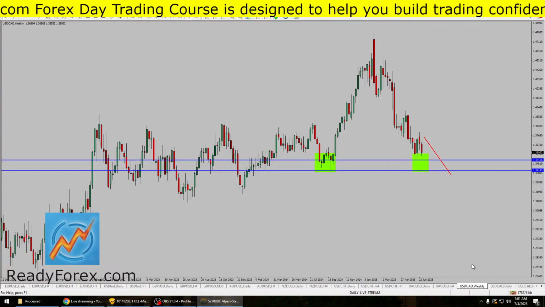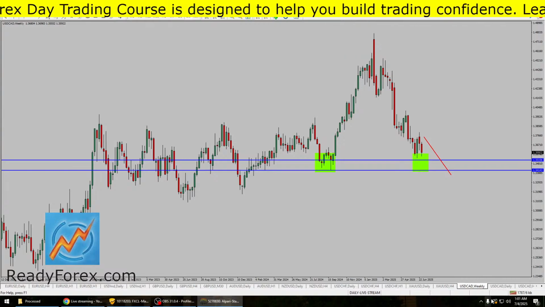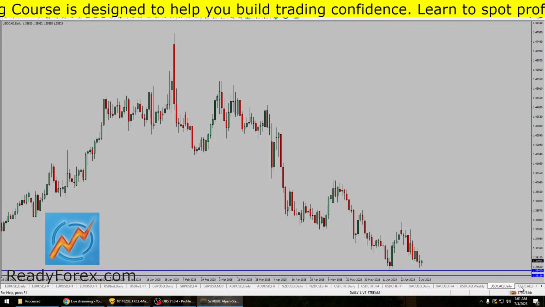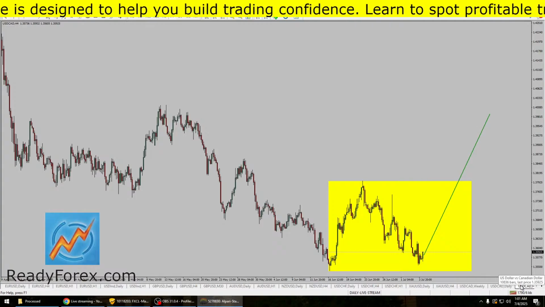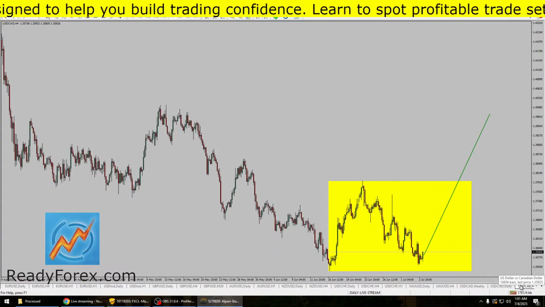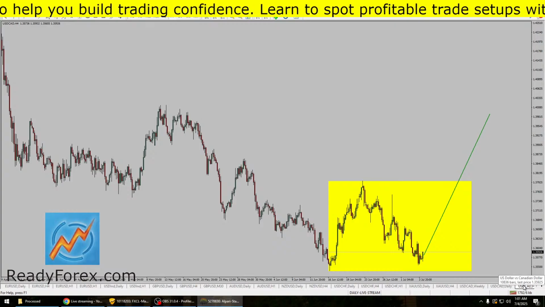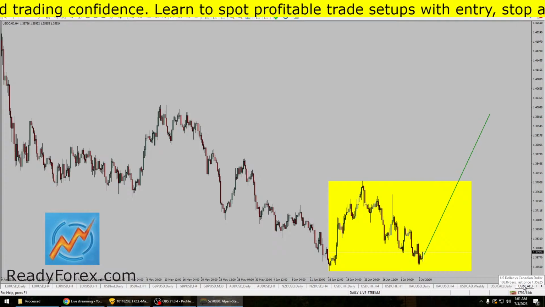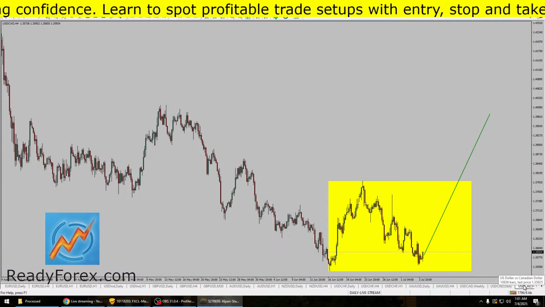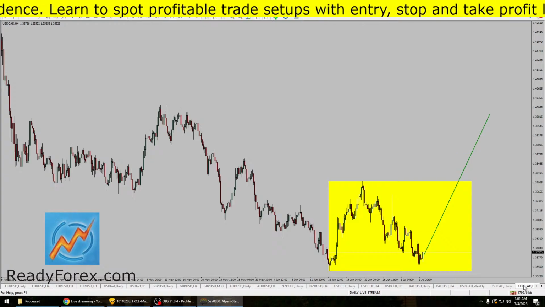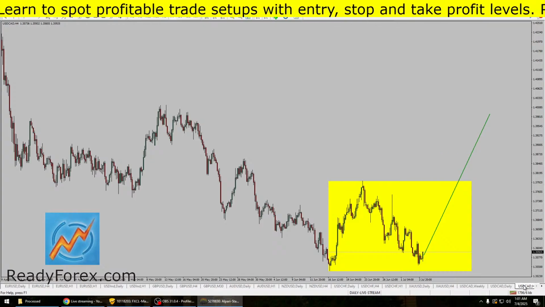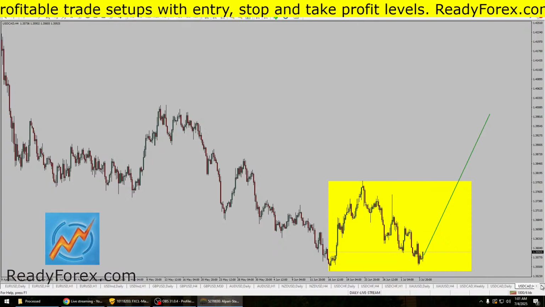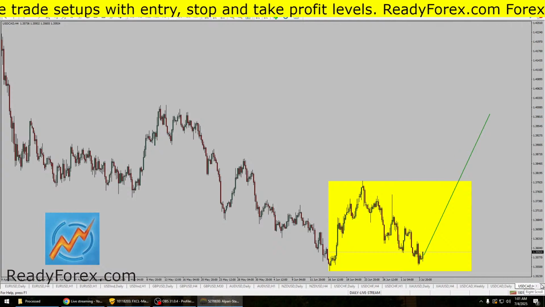Next, let us take a look at daily chart of USDCAD. Let's go to the daily. So daily is actually going sideways. Let me show you a box over here. This is a sideways area. Overall, USDCAD is moving inside a trading range, and it's quite possible that market is going to remain like this for 24 hours more, or maybe on Monday or Tuesday we get an actual breakout to the upside or to the downside. So it's a range bound market, and a good idea is to play the trading range,